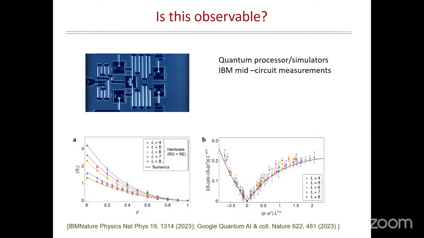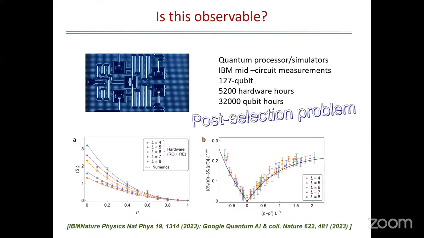And what you see here is the simplest realization. So we have a number of qubits, let them interact pairwise, and then you measure them at random with some probability. And what you see in this picture is just an analysis, particularly the right one, which tries to collapse all the data from the trajectory to show that they collapse on a certain finite size scale to construct the critical exponent. Now, what you can see here is that the system size is ridiculously small. It's just L equal 8, which for a phase transition is a very small system.